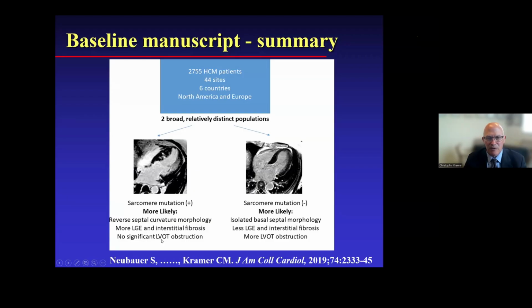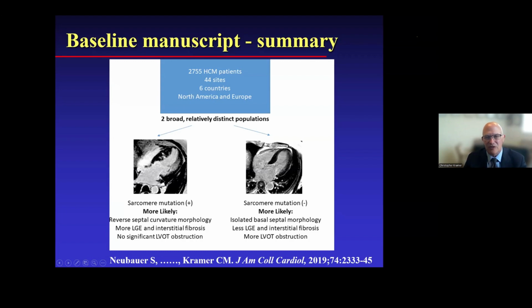But because their hypertrophy is in the mid-septum, they have either no or less LVOT obstruction, as compared to the large other group, 45% or so of patients,